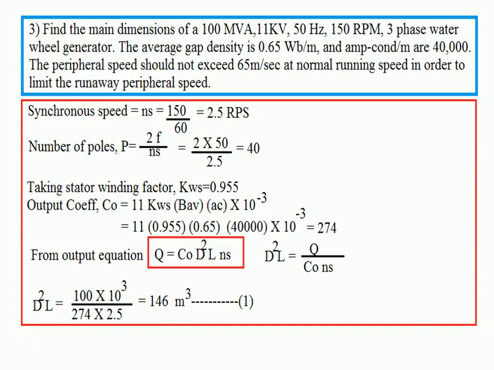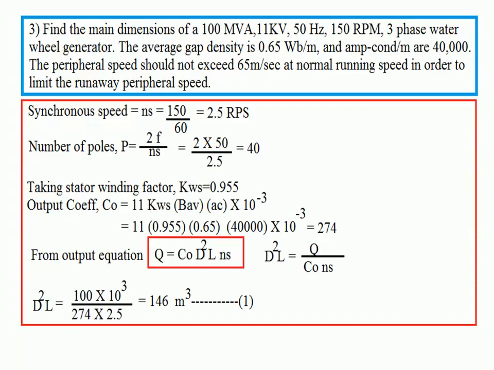Here he has not mentioned any type of construction. Either you take circular, or you should take rectangular. First you solve the problem for the lower value, L by tau equal to 0.6 to 0.7. We have to check. If it is not satisfied, then you go for rectangular construction.